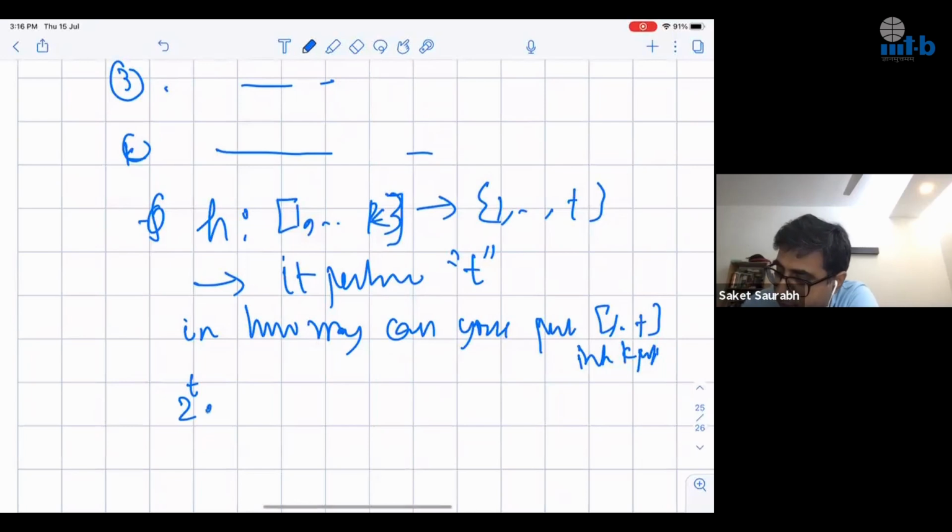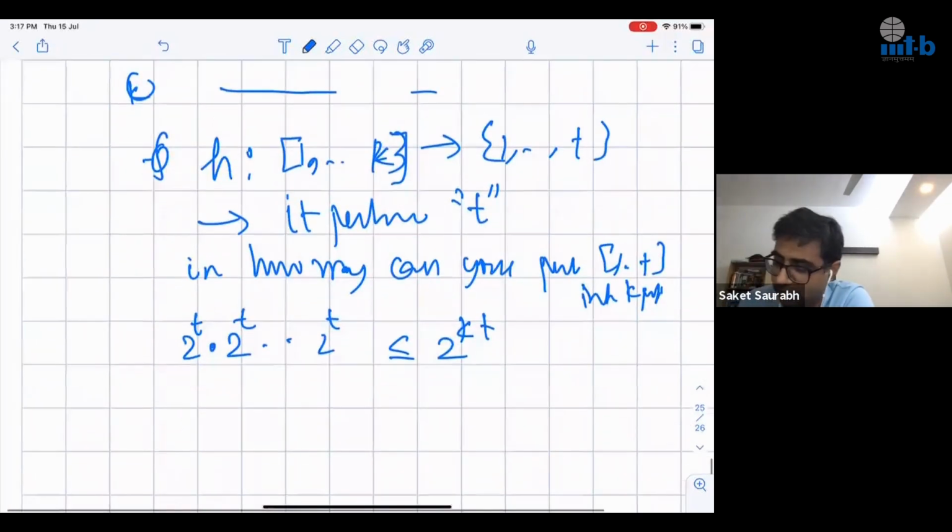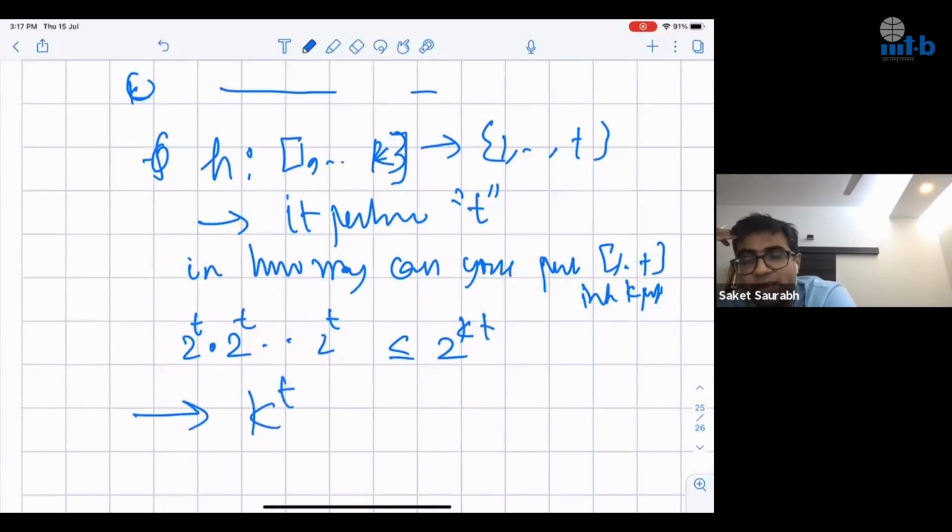For the next vertex, what will you do? You guess the subset from the remaining guy. So suppose whatever it is, like some at most 2 power t, so on and so forth, right? So this is at most 2 to the power kt. I mean, this is bad. In fact, this is just k power t. You can prove that this is nothing but k power t because it's basically a function,